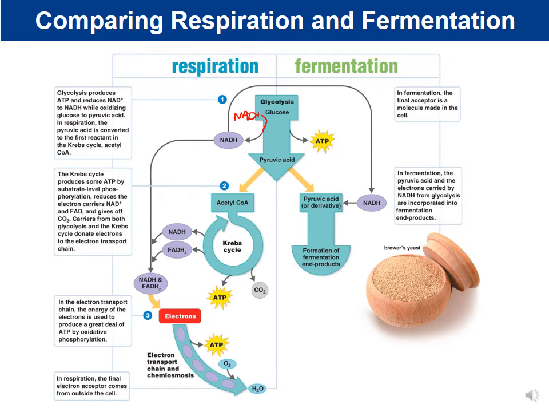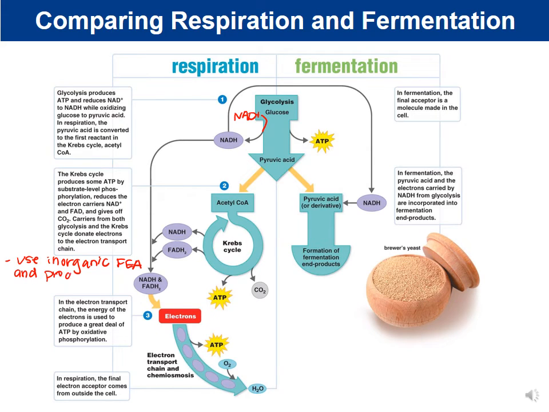So notice if we look at respiration, if we use respiration, we use inorganic final electron acceptors, right? So O2, if we're talking about anaerobic, it would be nitrate, sulfate, carbonate, etc. Those are all inorganic final electron acceptors